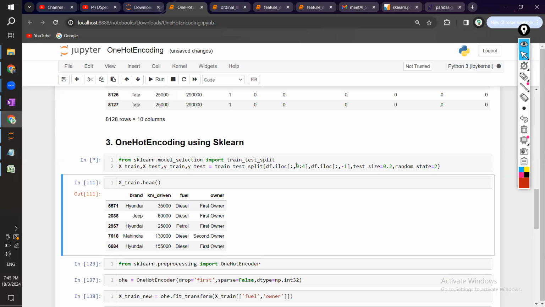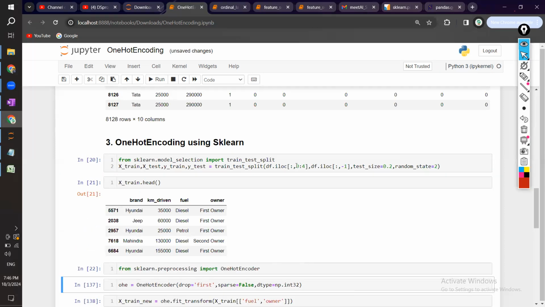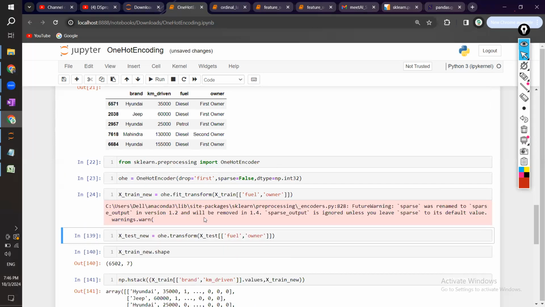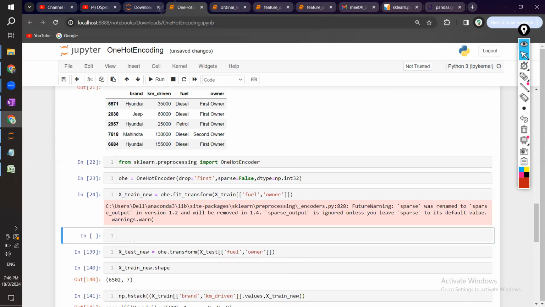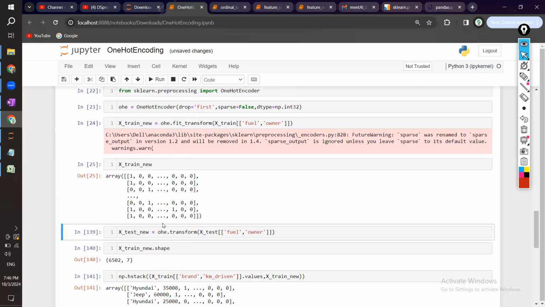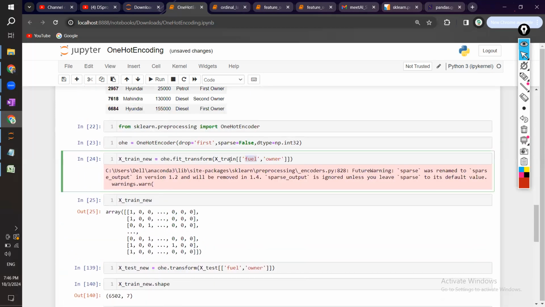No, I mean, we have taken one data set and we have trained it. First, for example, it worked only on fuel and owner, correct. So later we have combined brand and kilometers driven. Along with that, we have combined the fuel and owner in the form of OneHot encoder. Correct. So for example, if you see, when I consider only the fuel and owner columns from the